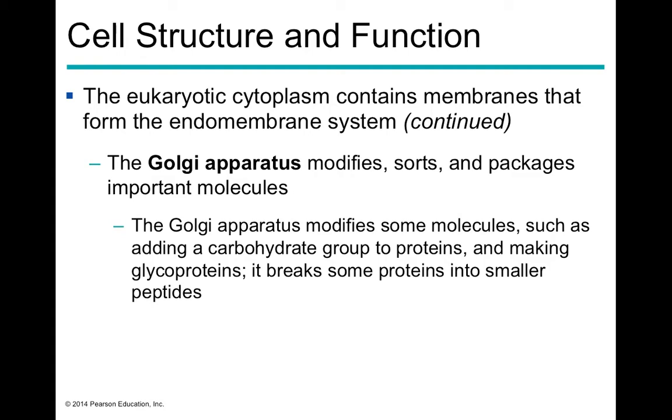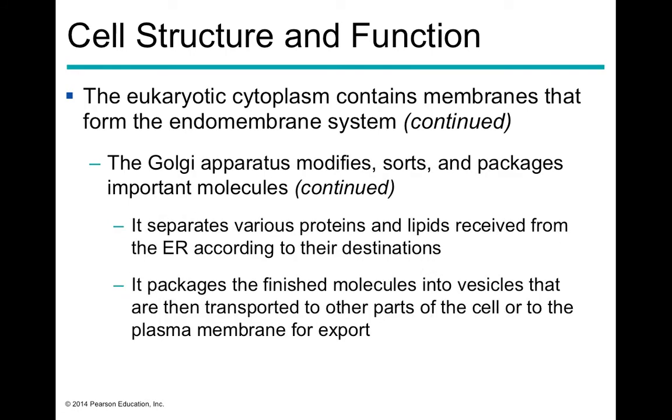tags on them, such as carbohydrate groups, etc. Some things are going to get modified, making smaller proteins or larger proteins, etc., that are going to give it specific tags that are specific labels for its end destination within the cell. And when it leaves the Golgi apparatus, having gone through level A, B, C, D, E, etc., it's going to end up in a vesicle where it's going to end up being secreted and end up headed to its final